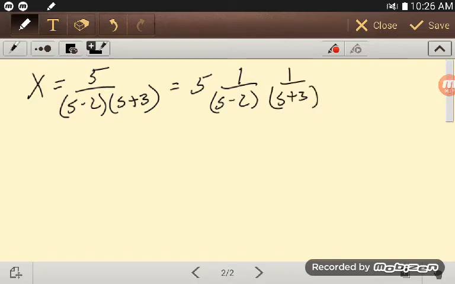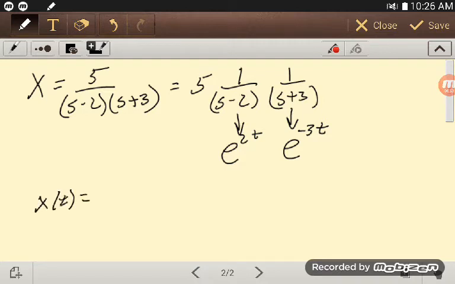We would do partial fractions to do this, but with this convolution theorem, it says, well, since I know that this 1 over s minus 2 ends up going to e to the 2t, and I know that this 1 over s plus 3 ends up going to e to the minus 3t, then what I can tell you right off is that x of t is equal to 5, because we do still have that constant, and